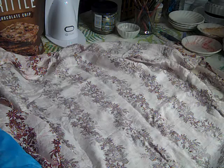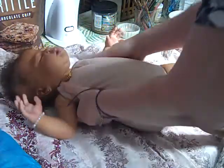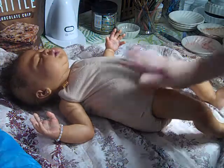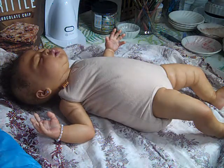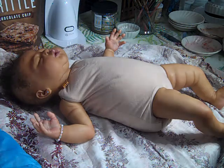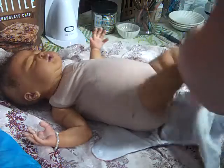Oh, come here, darling. She fills a Bumbo chair, Mommy. Ugh. Don't you, darling? She's nudie, ladies. We're going to get her fully dressed. There she is in all her glory. I'm trying to decide if I want to put a disposable under or just... I'm just giving her a cover. It doesn't have the liner, but I think she has enough junk in her trunk. She doesn't need a liner. Let me see if I